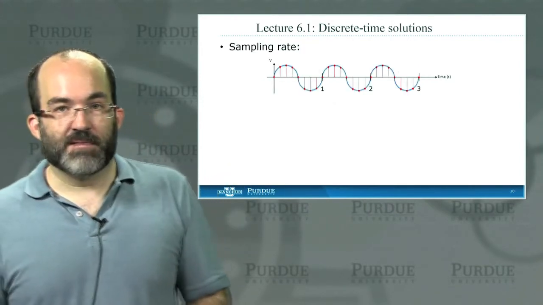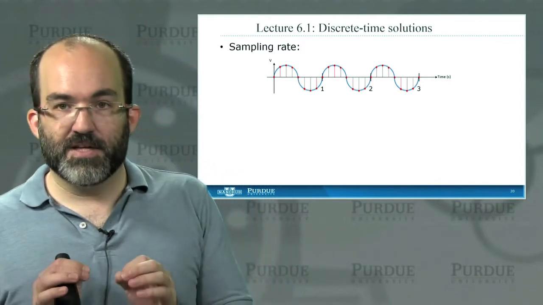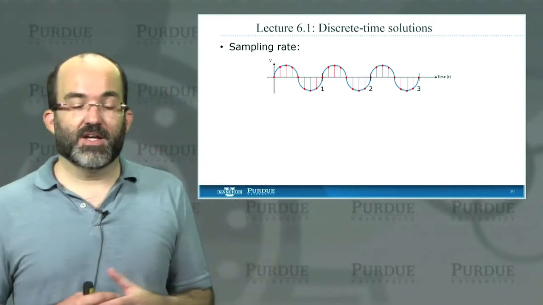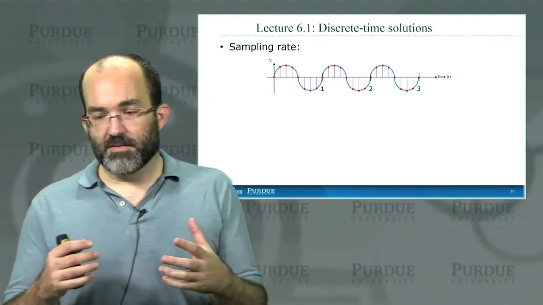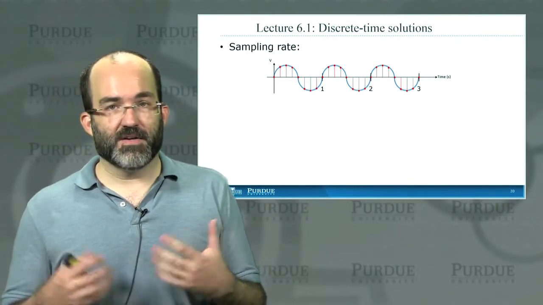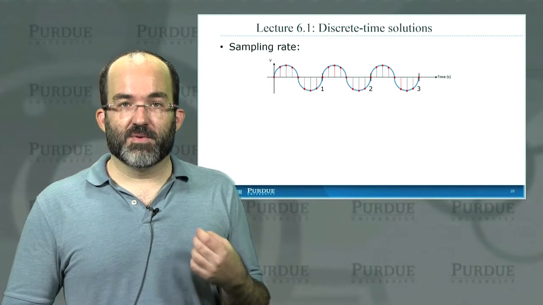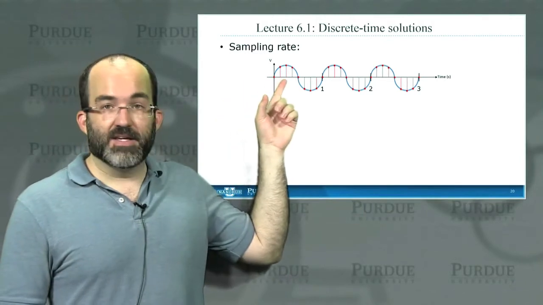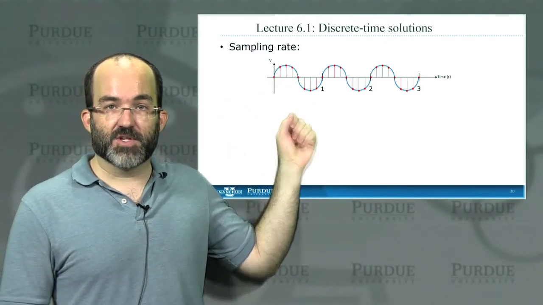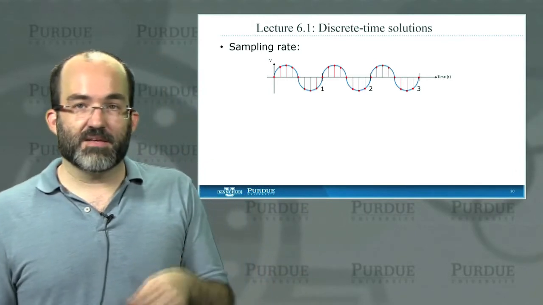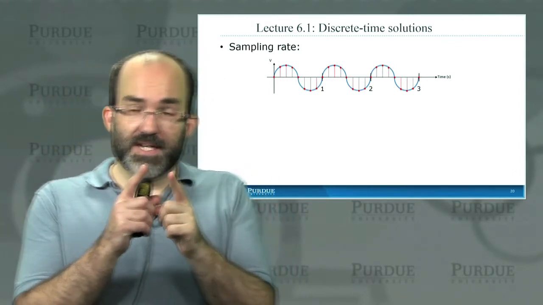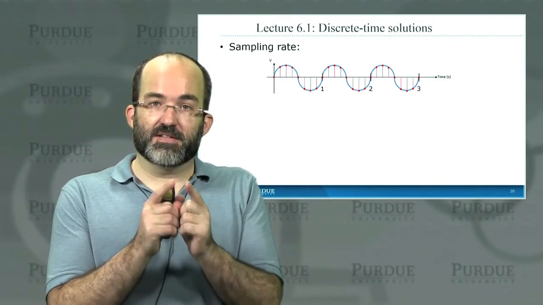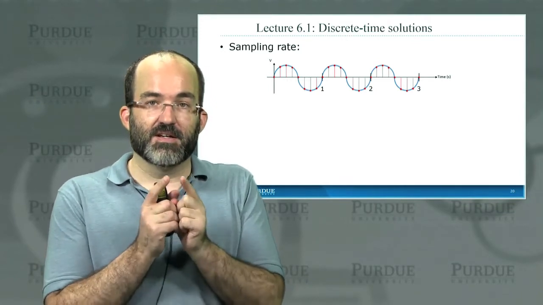So it's time to talk about sampling rate. The key issue when you begin to solve equations numerically, or when you look at sampling anything really, not even just solving differential equations, but how do you select the settings for your recording amplifier, for analog to digital converter? The key issue is what we call sampling rate. What is that separation between samples? Recall that what we're going to end up with is a series of samples of the continuous time solution, and we're going to make the assumption, as I said earlier, that nothing particularly exciting happens between those samples. And that assumption is based on the knowledge that those samples are closely spaced, that they're close enough to capture everything interesting in our signal.